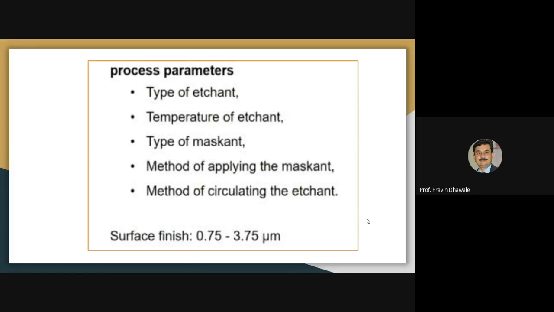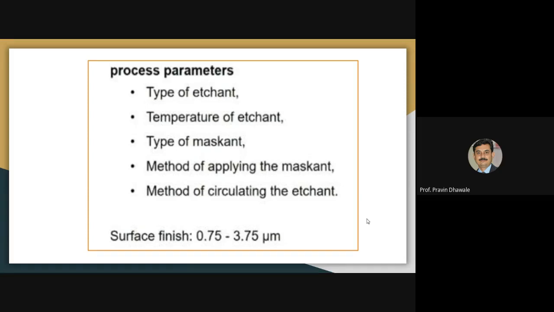Different etchants are used for machining different types of metals and alloys, so which etchant you select affects the material removal rate. The second parameter is the temperature of the etchant. You have to maintain a proper temperature of the etchant, which is responsible for increasing the material removal rate.